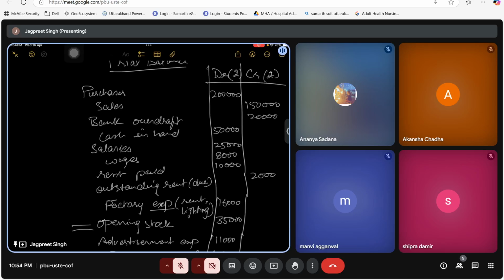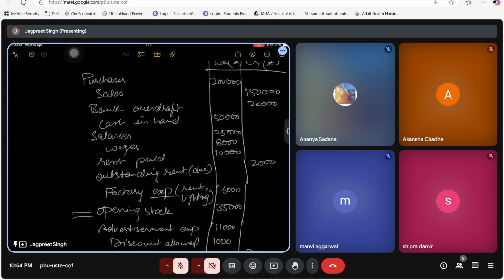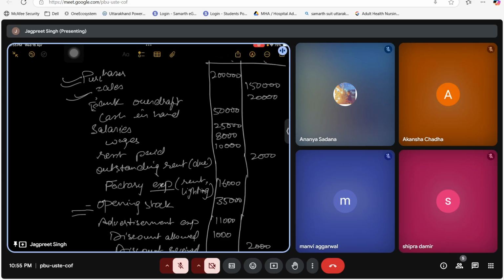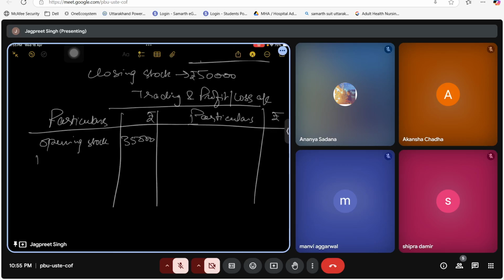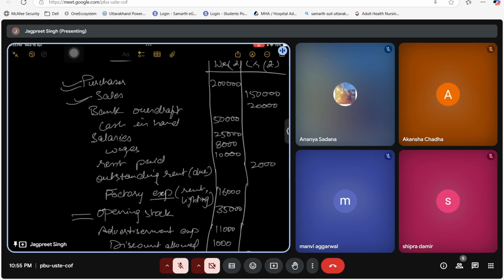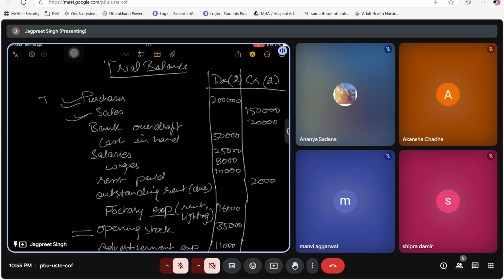देखो पहले हम लोग फाइंड कर लेते हैं हमारे पास ट्रेडिंग अकाउंट के कौन कौन से एक्सपेंस और इनकम्स हैं। हमारे पास सेल्स है, हमारे पास परचेजेस है। तो 2 लाख की परचेज है, 150 की सेल है। परचेजेस हैं 2 लाख, सेल्स है 1,50,000। उसके अलावा देख लेते हैं और क्या है। तो मैं मार्क कर देता हूँ, ये है ट्रेडिंग का, ये है ट्रेडिंग का, ये है बैलेंस शीट का, ये है बैलेंस शीट का, ये सैलरीज हैं प्रॉफिट एंड लॉस, वेजेस हैं ट्रेडिंग।